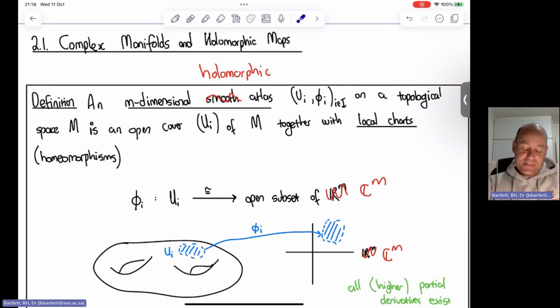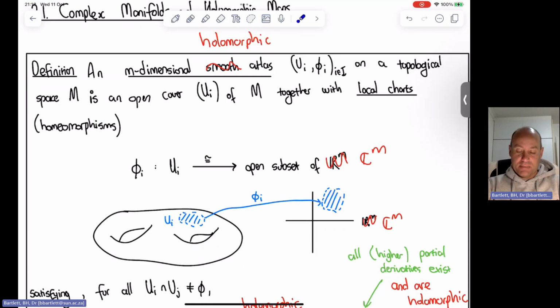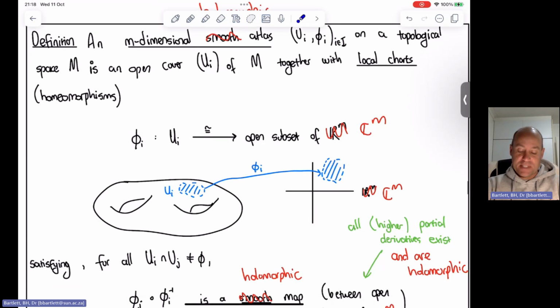Okay, third lecture for complex manifolds. So what did we do last time? We defined what a complex manifold is by just taking the definition of a smooth manifold and replacing the word smooth by holomorphic. So that means we've got a topological space together with a bunch of charts, i.e. a covering by open sets, homeomorphisms from those open sets into open subsets of complex m-dimensional complex space now,